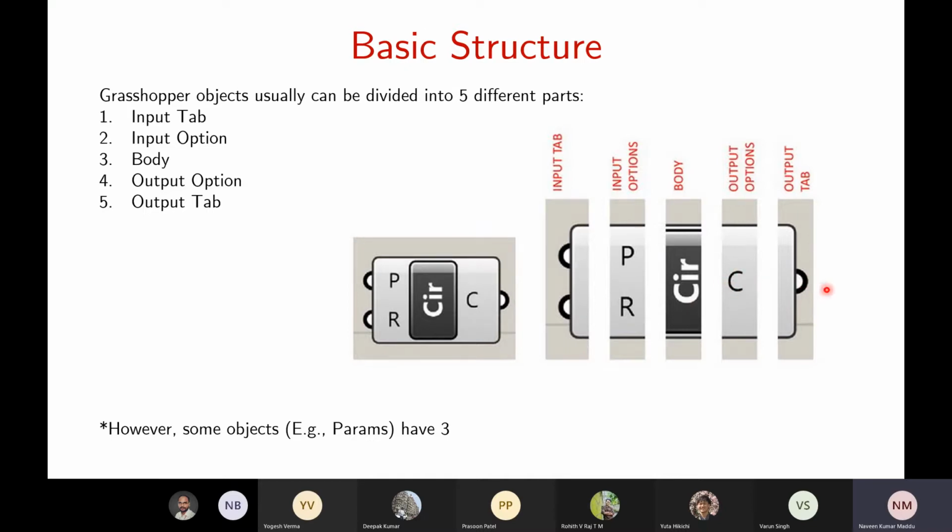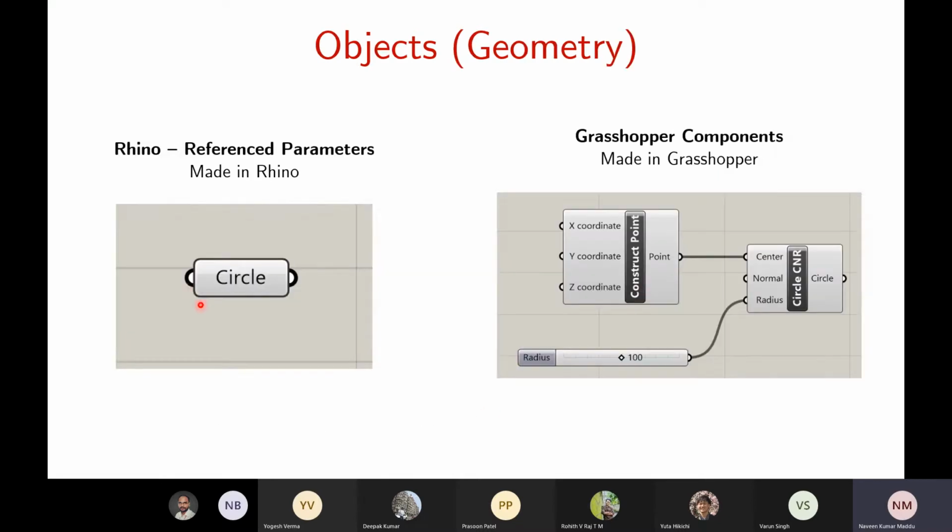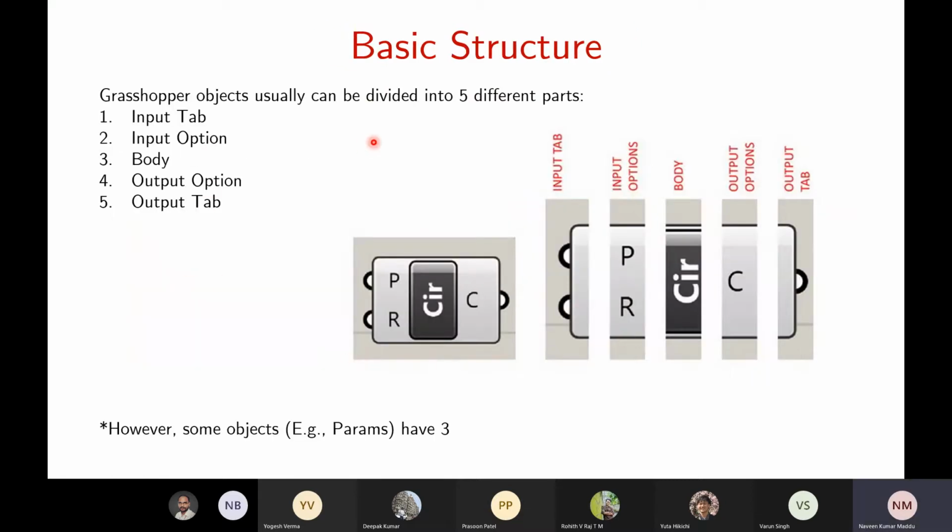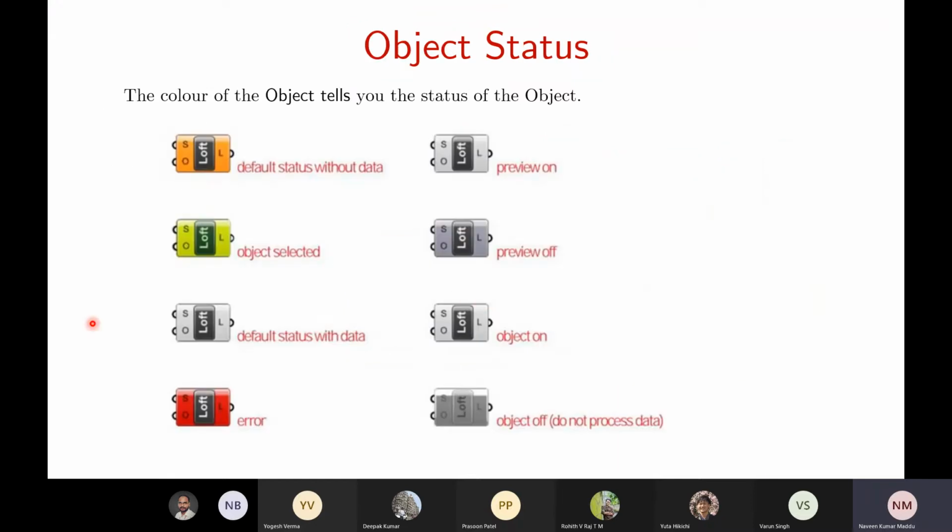Then you can read whatever is there through some kind of a small notepad kind of thing. And as I told you, in parameter tabs, you only have these three components: input, circle, output. That's it. This is the basic structure of a component in Grasshopper.